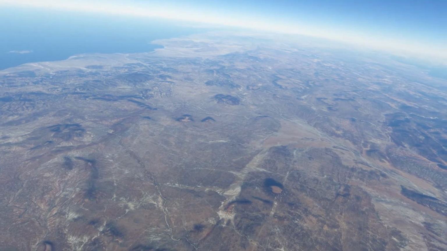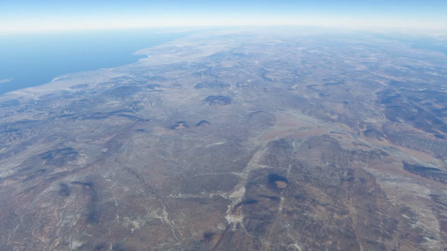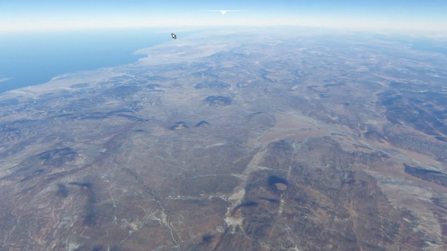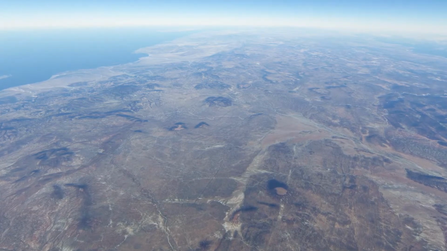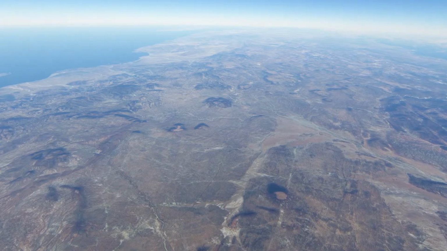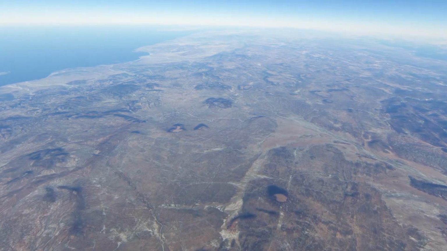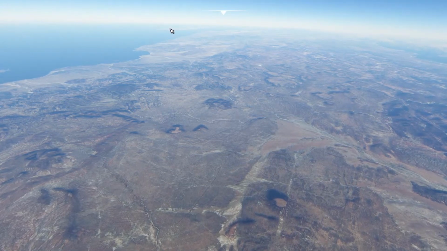And I can't even see any. I know there's a couple of them there, and I believe that right there is Isla Angel de la Guarda. That's it right there off the coast. See it right there.